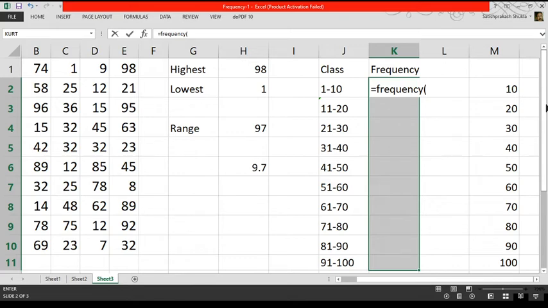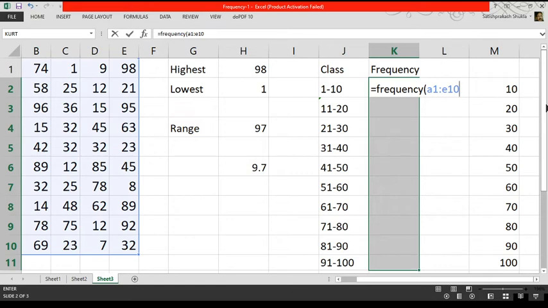Here, these all are looking selected. After starting the bracket, we write the data array. Data array means the range of data, and that is A1 to E10 in our case. So we write here A1 colon E10.